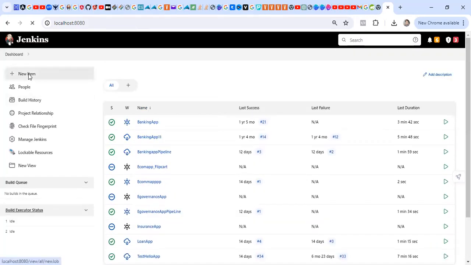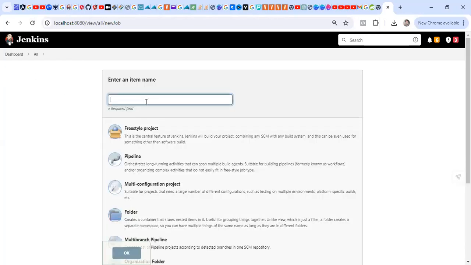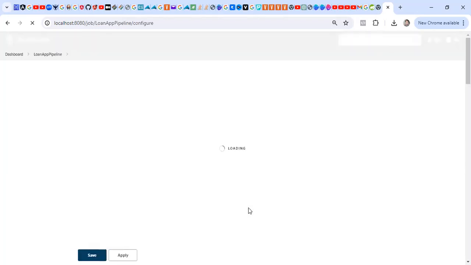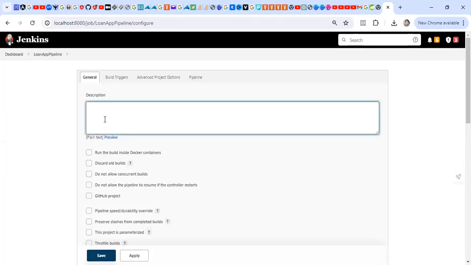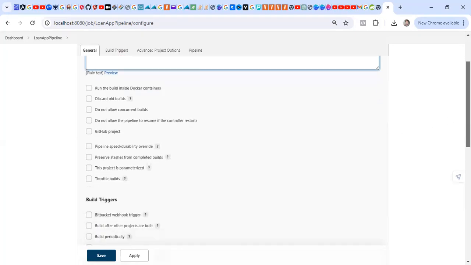Otherwise you can come to a new item here. तो new item में हम लोग we will say is for pipeline, so what we can call as loan app pipeline, ठीक है। ओके, तो ये एक लोन ऐप पाइपलाइन हम कॉन्फ़िगर कर रहे हैं, राइट। This pipeline for लोन ऐप बिल्ड प्रोसेस, ठीक है। यहाँ पर हम लोन ऐप बिल्ड प्रोसेस में हम इसको कंप्लीट करेंगे, राइट।